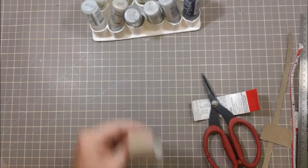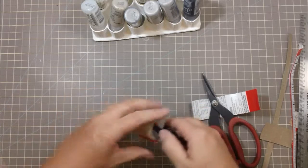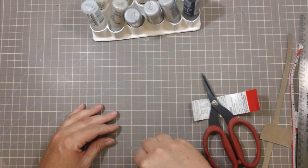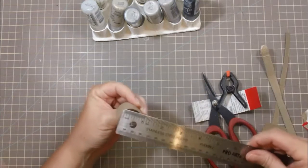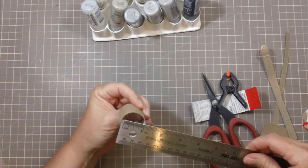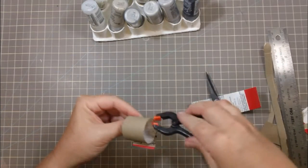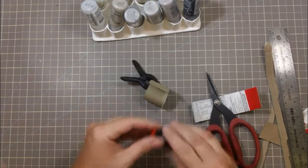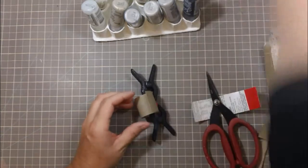And I just held the ends. I had these clamps already. You can use bowl clamps if you want, or the binder clips, whichever you have on hand. Yeah, that's about 1 inch. So just hold it there, hold it there, and then take your handy dandy